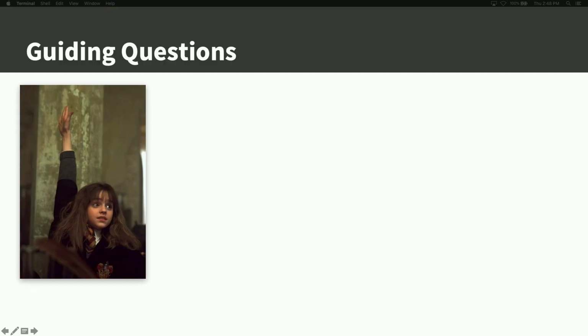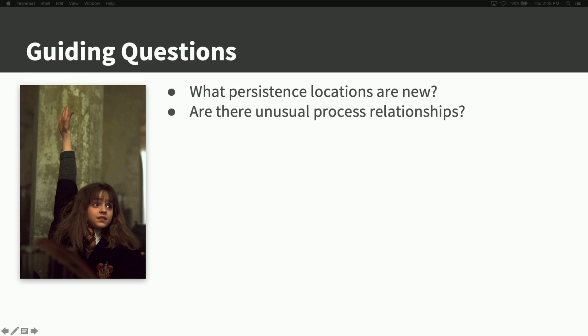And so the thought is, I'm thinking first, what does the adversary do? And what can I do in response? What can I look for? So the first thing is, an attacker is probably going to need to survive reboots. So they're going to need to make it persistent. So I could look for new persistence locations. But at the same time, if I'm looking, they're hiding, right? So they're going to try to hide from my defenses. So are there potentially unusual parent-child relationships, like they're using an SVC host to hide, like that example earlier? Or were there other attempts to blend in? Because they want me to think that things are normal and operating, right? But eventually,